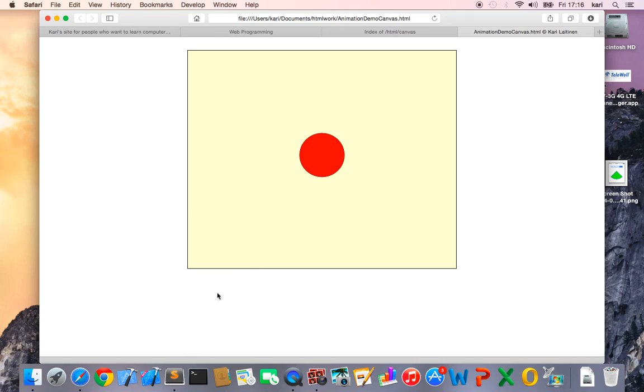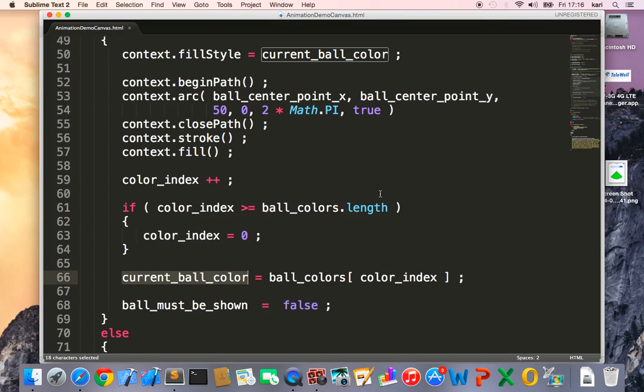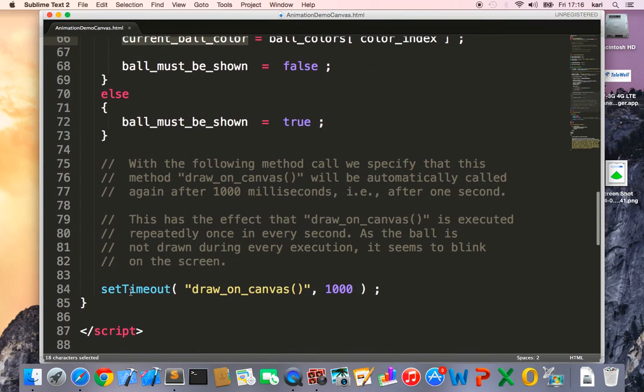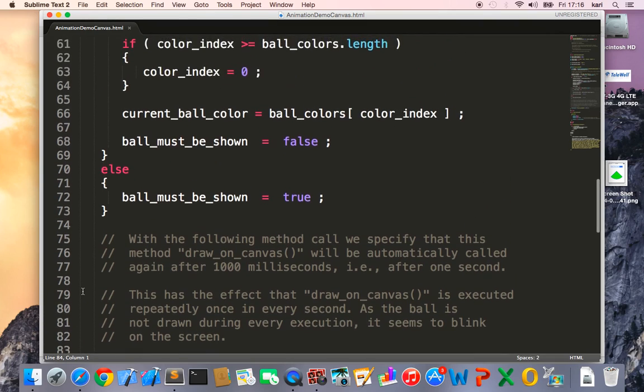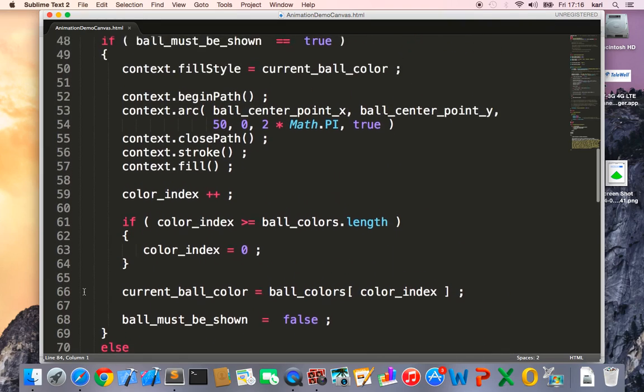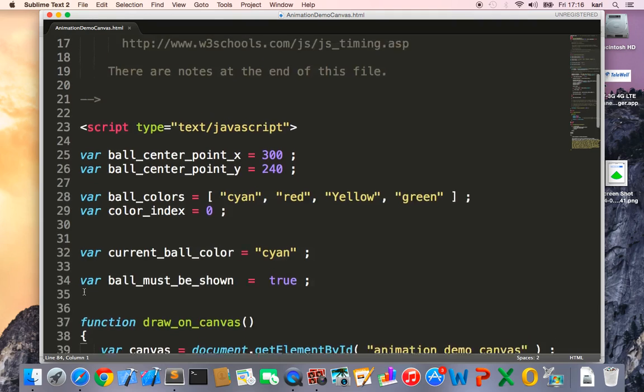So the most important thing here, I think, is to understand how this single line of code works, so that it makes the animation possible in this page. Okay, I think this is enough explanation about this particular page,